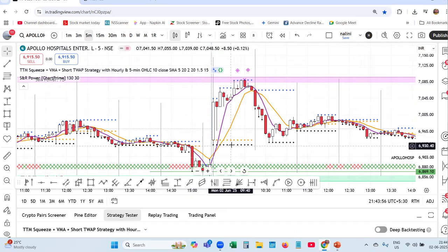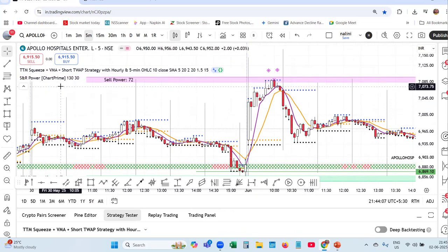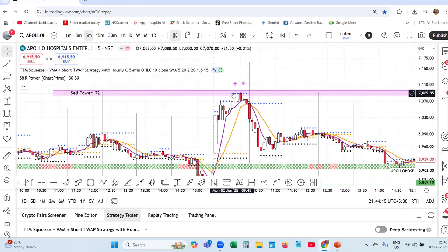See, it has started at the hourly low, hourly open, hourly high. It has started stalling here, and before it happens, this support and resistance dynamic channel caught this move and started telling me that selling power is building. That is a caution. When there is a caution, how can you take the trade? Even though you got the stock from the screener, if you would have entered into this,